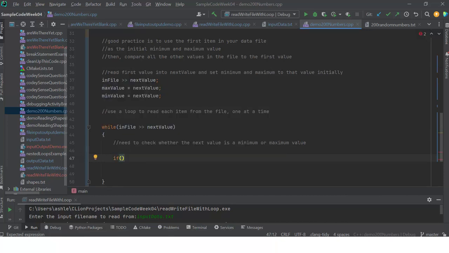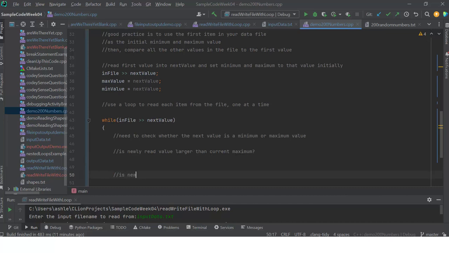So I can say, all right, let's check. Is the newly read value larger than the current maximum? And is the newly read value smaller than the current minimum? To check that, I can just simply say if next value, which we just read, is greater than max value, well, then what do I do? Then I set max value to be,